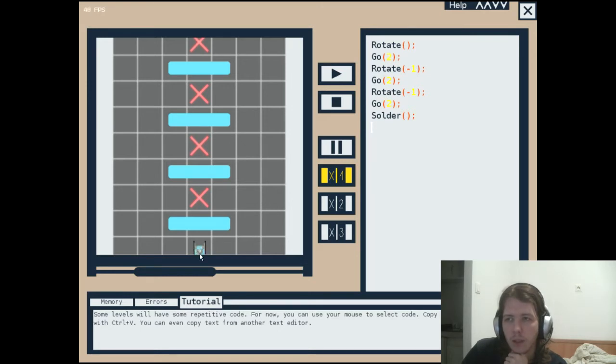Okay, so it rotates, it goes to, rotates back, goes to, rotates back, goes to, solder, then it goes to again, it rotates properly, yes, rotates properly, it goes to again, ouch,